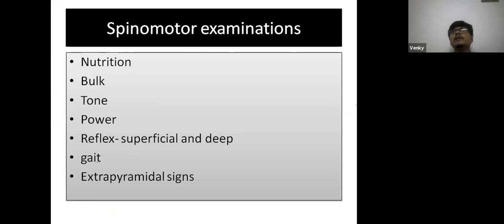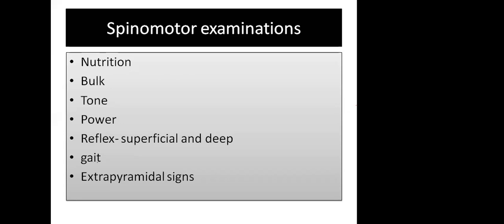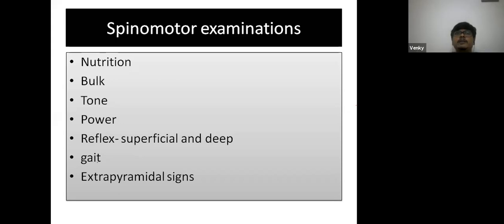Now we are going to enter the spinomotor system examination. So you are getting a case of cervical spondylosis. You have finished your history and the general examination gets over. Then, on examination of the central nervous system, in the first order of priorities, first you have to test the higher mental function, then cranial nerves, then spinomotor system examination, then sensory, cerebellum, autonomic nervous system, then spine and cranium, then meninges. So this is the method of examining a case of central nervous system.